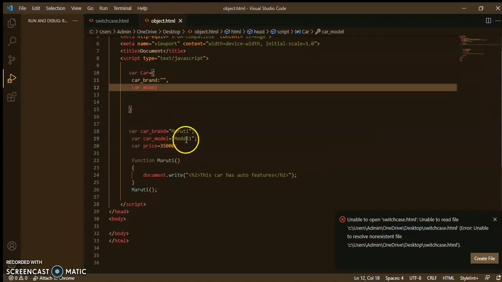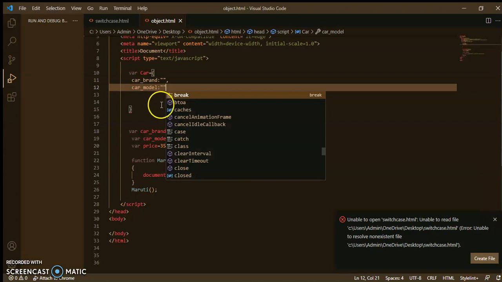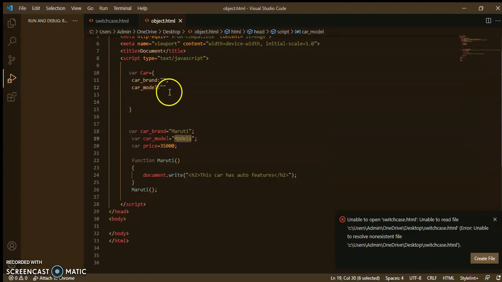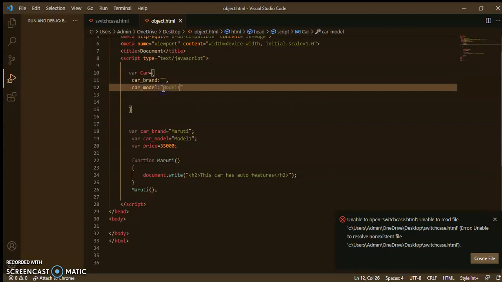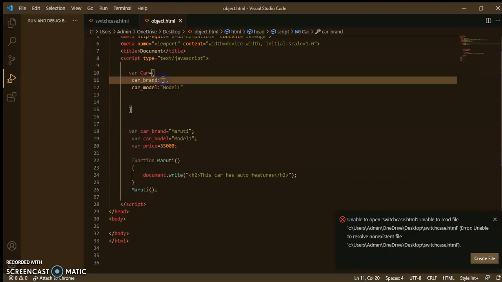And in place of the equal to sign you will use this colon, and in double quotes you will write the name of that model. So model 1, right? So in place of this semicolon you will provide now the comma, because you are creating an object and all things are inside of this variable, right?